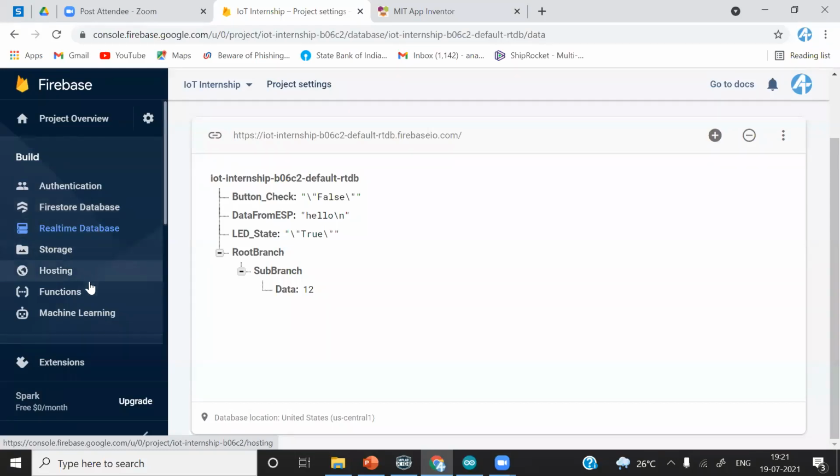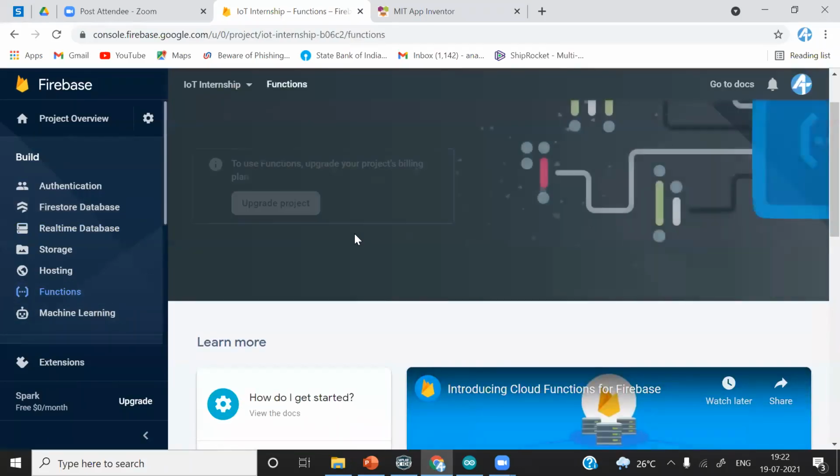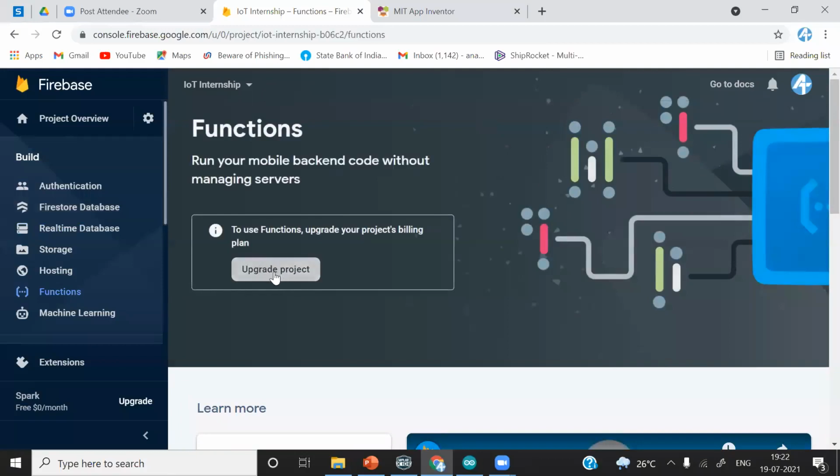You can integrate the real-time database with the Firestore database using this function. If I click on function, you will see this upgrade the project, so you have to add your credit card credentials and all. And there are resources available. If you want those resources, I'll provide them. So what functions can you add in this function module available on Firebase?